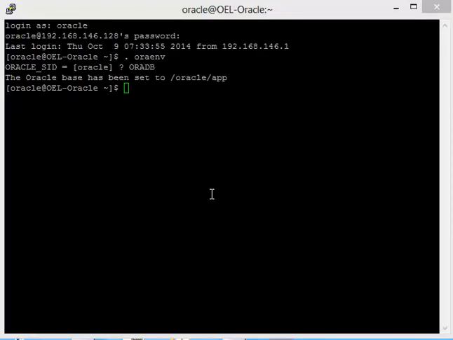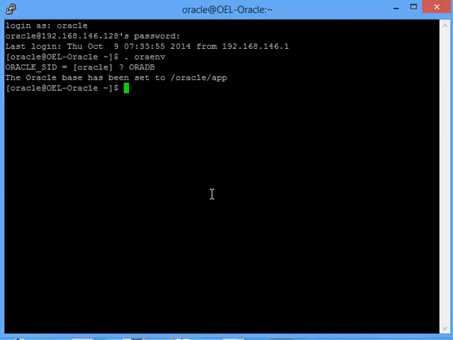Alright. Now first of all, if you see on the screen, I have my database called OraDB on my local Linux machine, and I'll be using this database to demonstrate the activity. Let me first connect to the database.